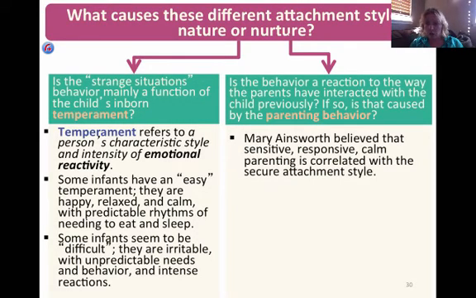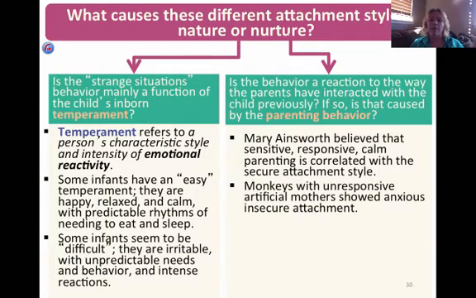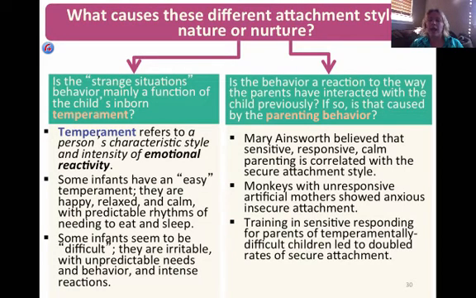Mary Ainsworth, though, believed that sensitive, responsive, calm parenting is correlated with secure attachment style. Monkeys with unresponsive artificial mothers showed anxious, insecure attachment, and training in sensitive responding for parents of temperamentally difficult children led to doubled rates of secure attachment. So there is some evidence that parents play a role, but on the flip side of that, even the best parents could have kids that respond in one of the